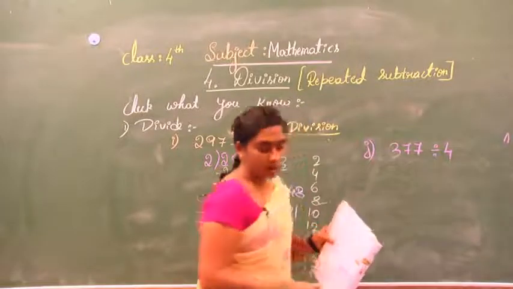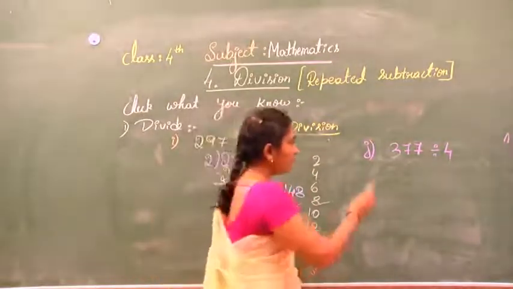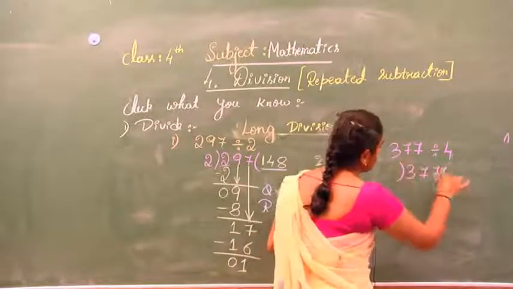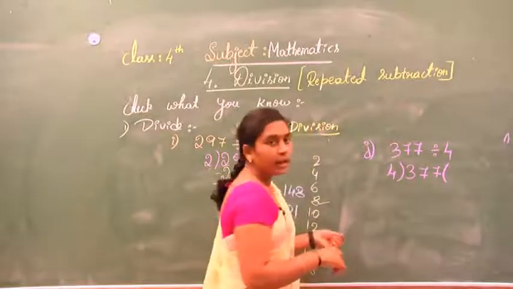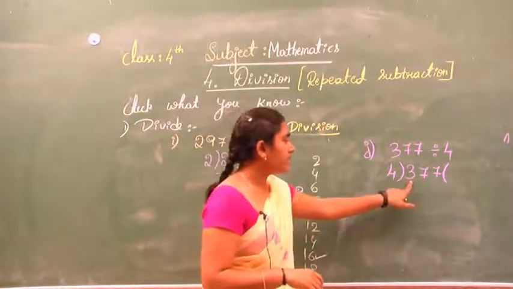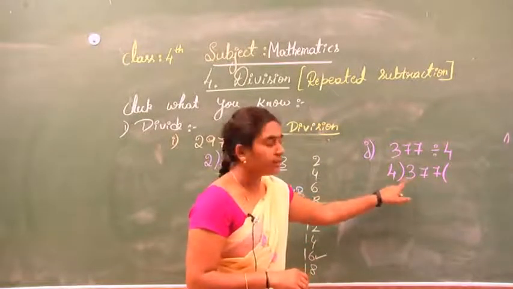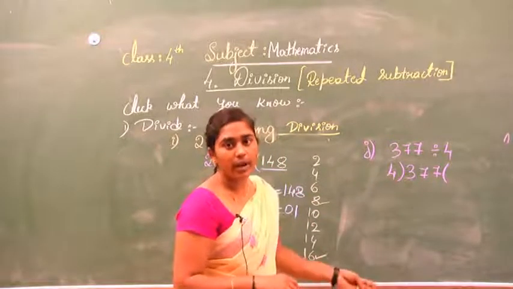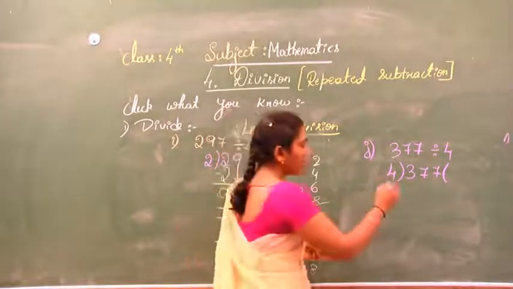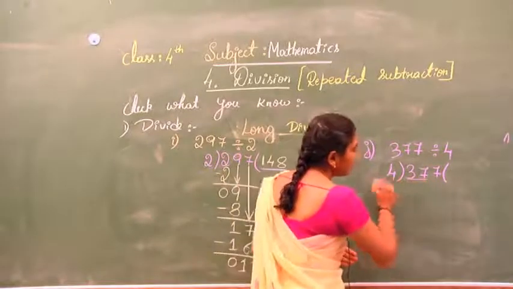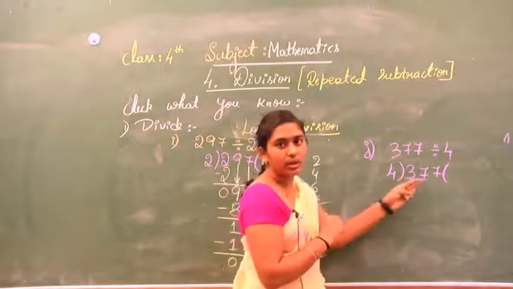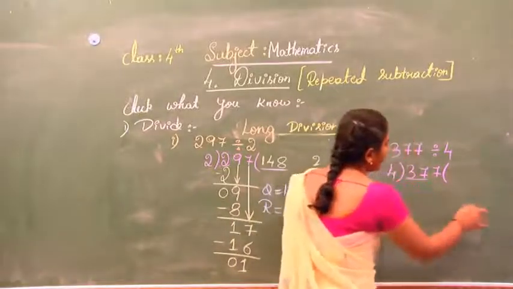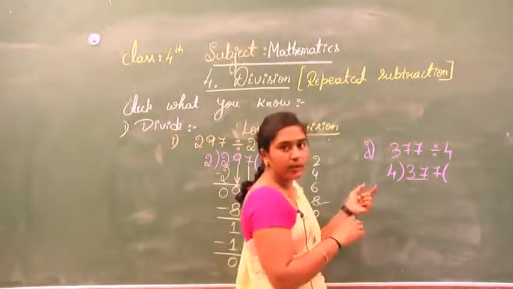Divide by 4. Now this is also a long division. If you see the first digit here, the first digit is only 3, which is a smaller number than 4. So what do we have to do? The number is small, so we have to consider 2 digits. We have to consider the 2 digits, which means the nearest number for 37 in the 4 ones table